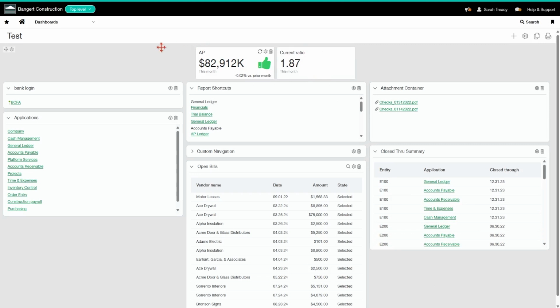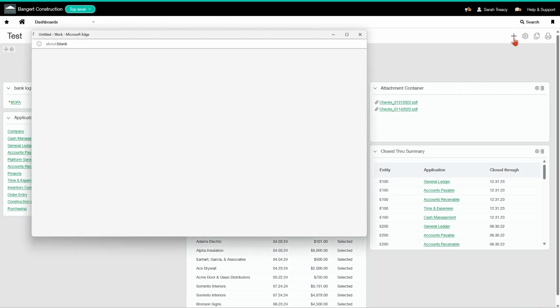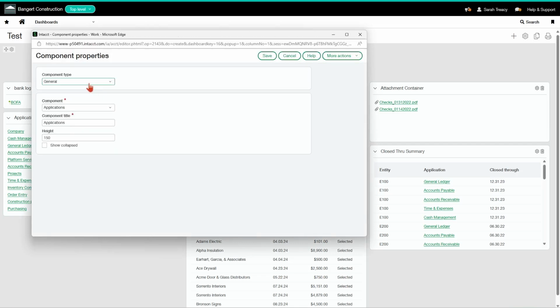I know that's a very general overview, but you're going to know better than I do what performance cards you need on your dashboards, depending on which users you're creating them for. You're going to need different ones. So you can play around with them, but absolutely you're going to want to have an idea of how account groups work in the system before you start messing with those. So that is performance cards, and we're getting to the end of this series now.